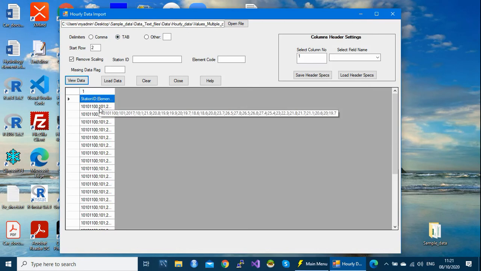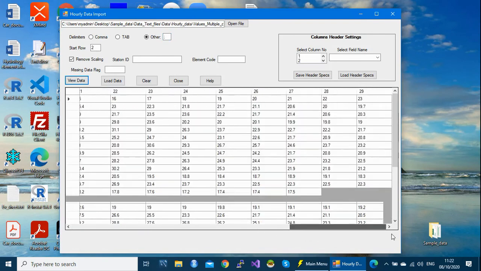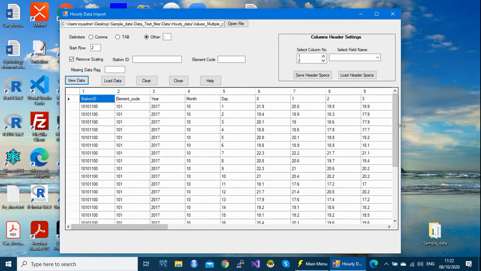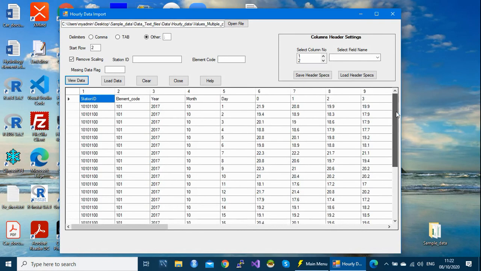So to be able to display your file correctly in this dialog, you need to select the others, and then here you specify the type of delimiter or separator, which is a semicolon. You put the semicolon here and then you click on the view. Here we are. The system is happy now and is able to display your data correctly. As I mentioned, all your data will not display in this dialog, but the first 25 rows will be displayed. But during the import, the whole file will be taken.